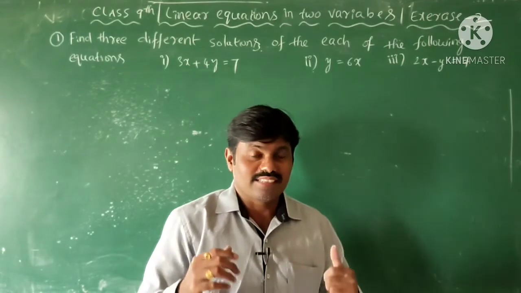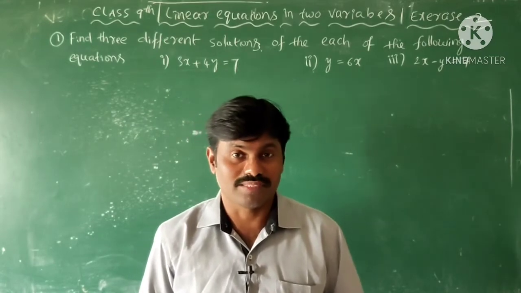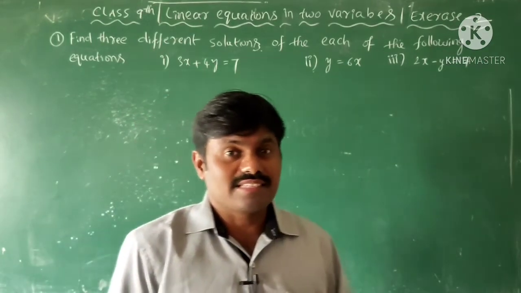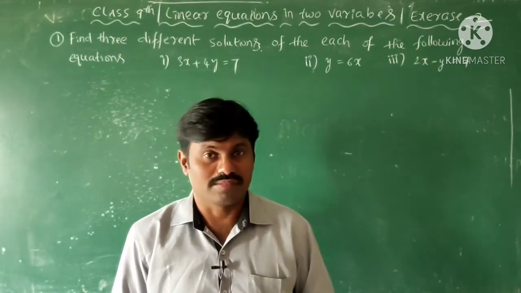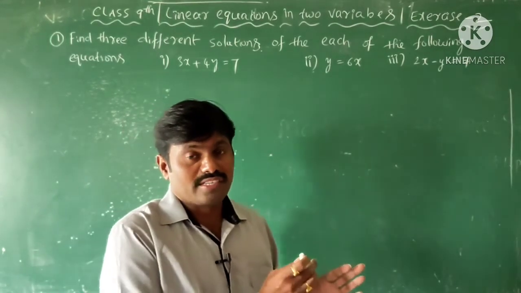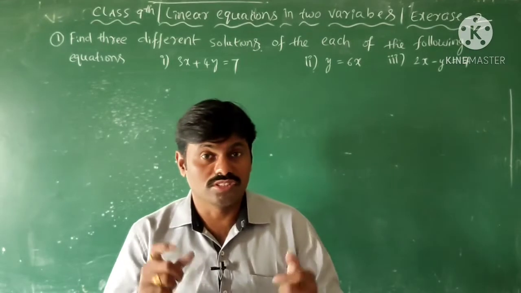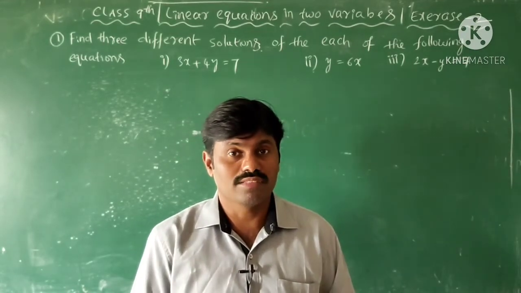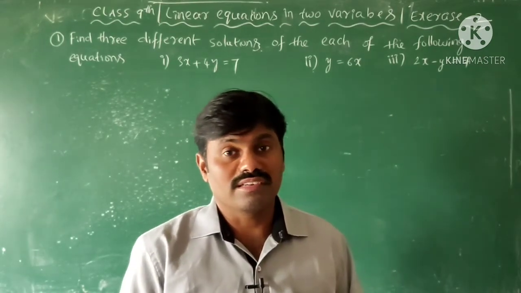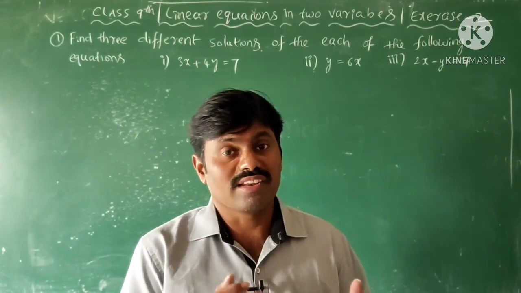Hey guys, in this video lecture we are going to discuss solutions of the second exercise in the linear equations in two variables chapter. As we know, in the previous session we discussed the solutions of the first exercise in the same chapter. This exercise is most important and also very useful to construct a graph. To draw a graph of a linear equation in two variables, we need ordered pairs, is it? So in this video we are going to learn how to find different solutions of a given linear equation.